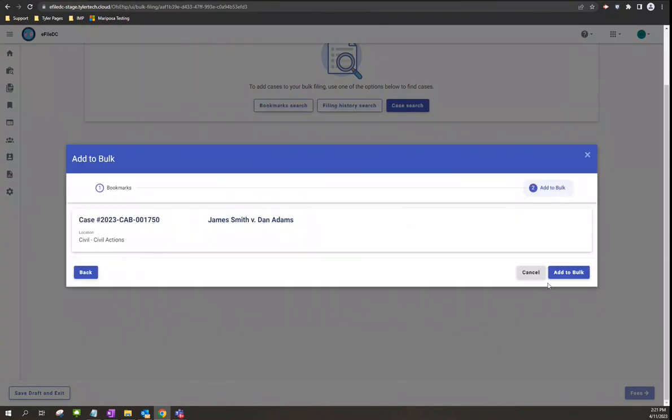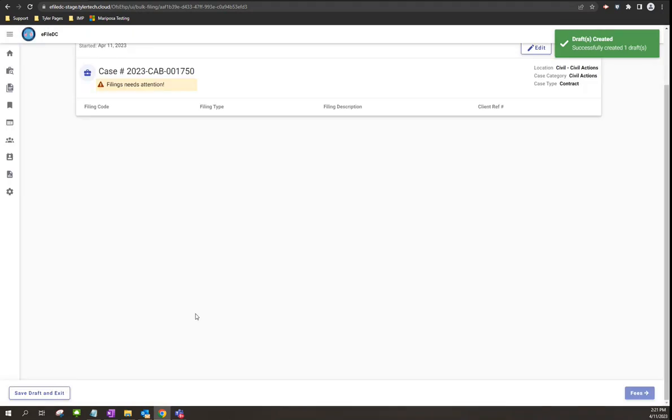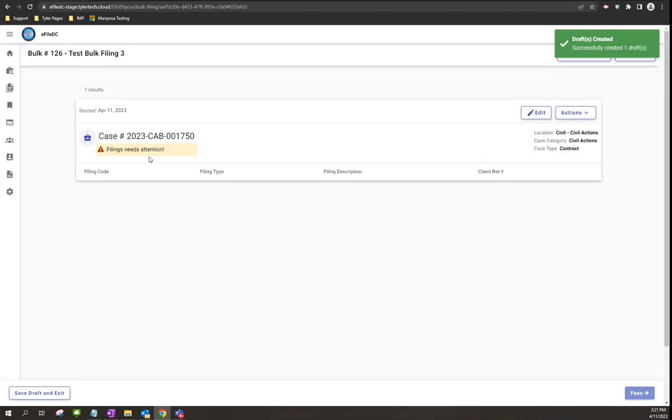Once I click proceed, I'll click add to bulk. And then we'll click done. Once I do that, in my test bulk filing 3, we'll see that case showing up. We can also